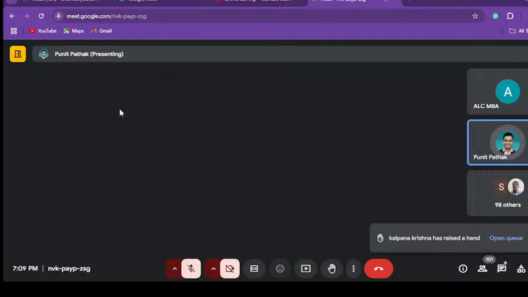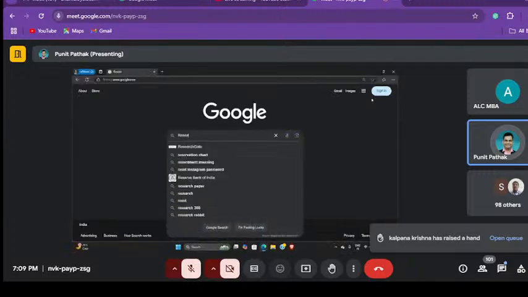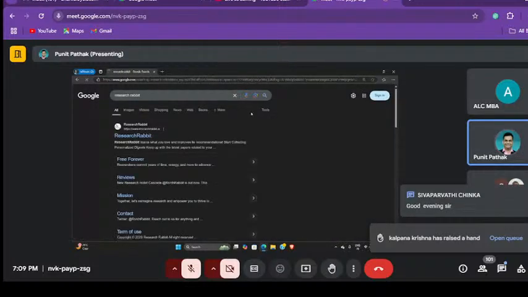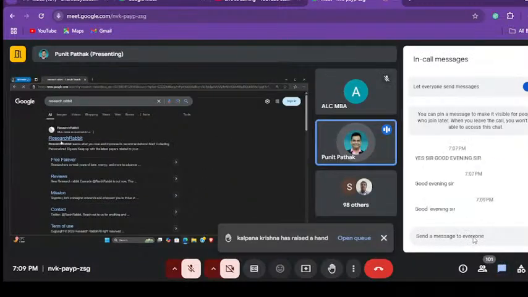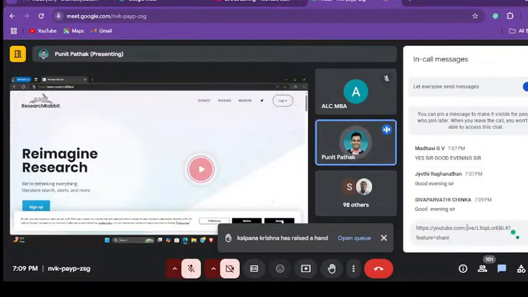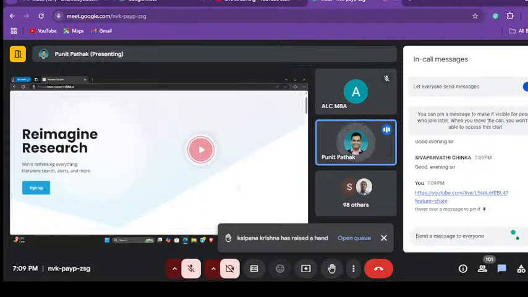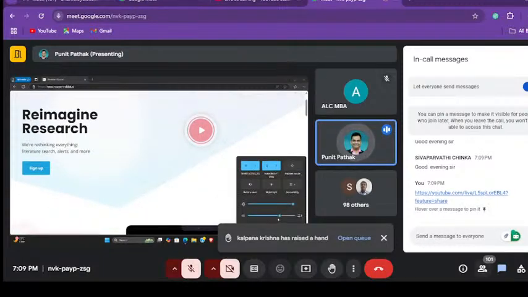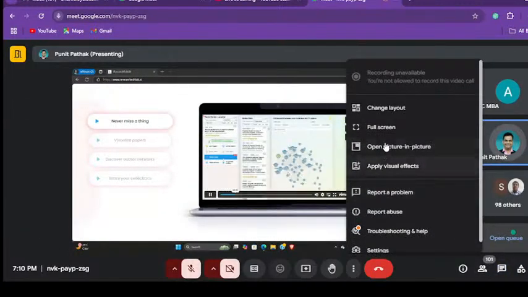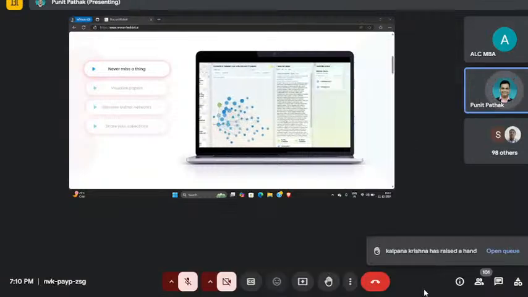We would be beginning our session for today with the first tool. I hope my screen is visible. So yeah, we'll be coming back to this window in a moment. The tool that I am about to show is another very popular, well-known tool. It's called Research Rabbit. It's a slightly advanced version of Open Knowledge Maps, and this is what the homepage of the tool looks like. And this is its URL, researchrabbit.ai, and it's primarily used, as I mentioned just now, for literature review. And we'll be seeing in a moment how this tool helps us and gives us a very detailed